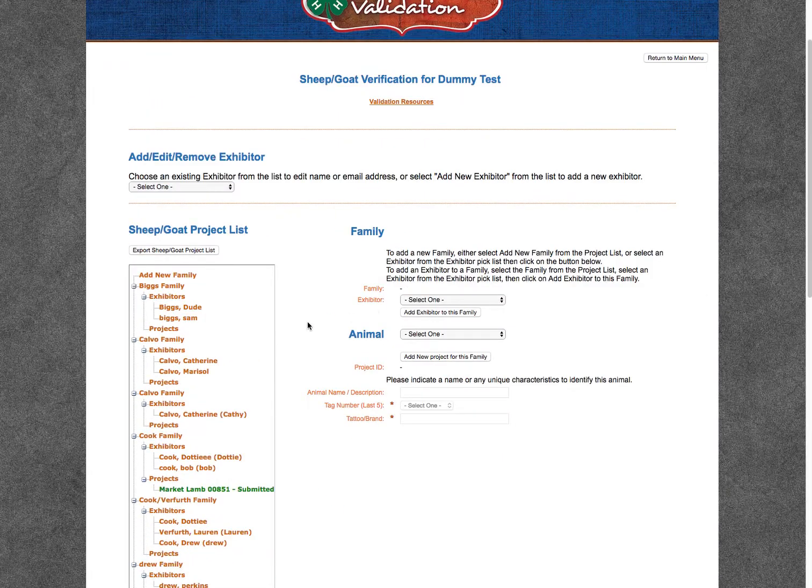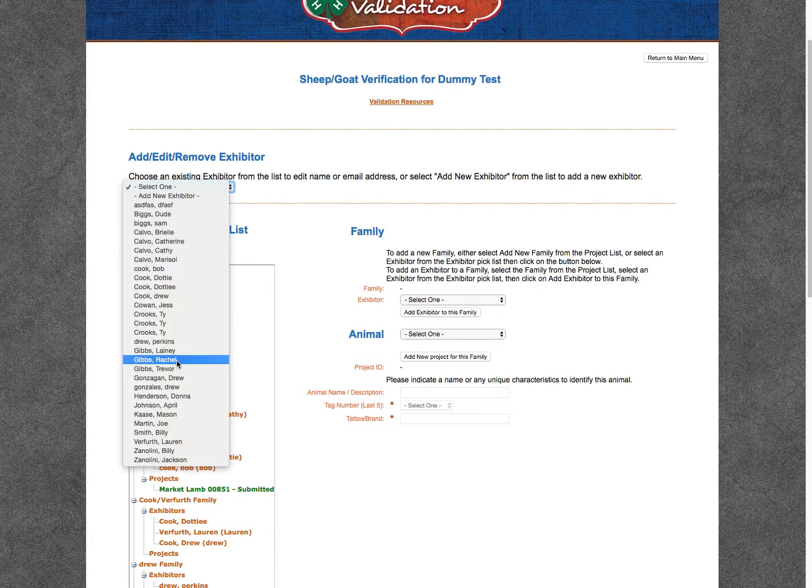Once in sheep and goat validation, you will begin by adding or editing current exhibitors. And so if you click the drop-down list, you'll see a whole list of exhibitors in this roster. And this is because this is compiled from steers, heifers, and the sheep and goat exhibitors. So if you have an exhibitor who's previously shown livestock that has been entered in the system, they will already